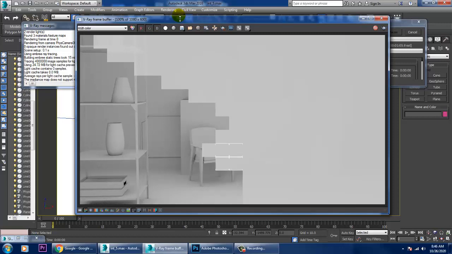This is also considered as a pass only. So mostly this ambient occlusion is composited. We mostly composite it with a beauty pass to give it a bit of depth.